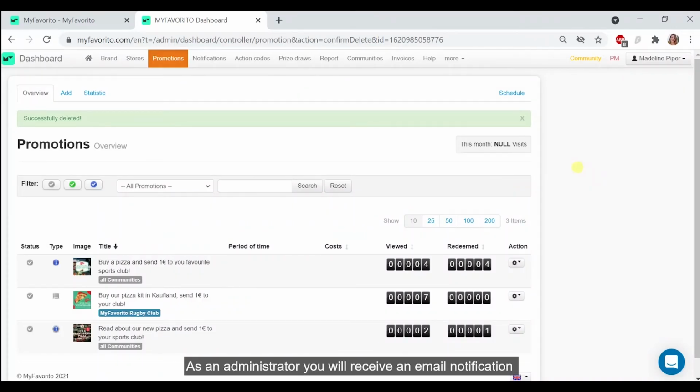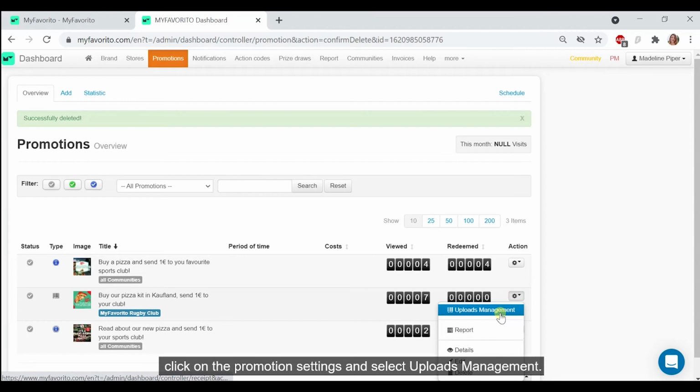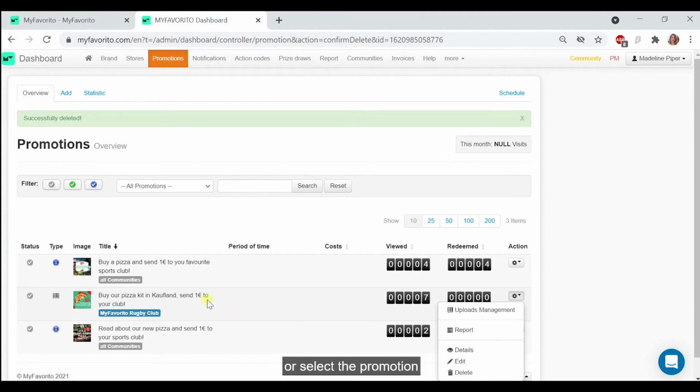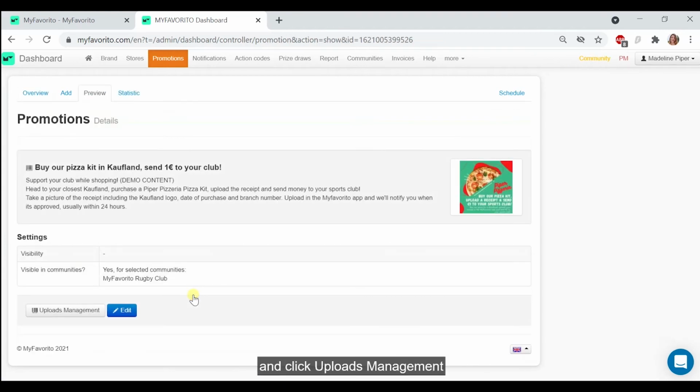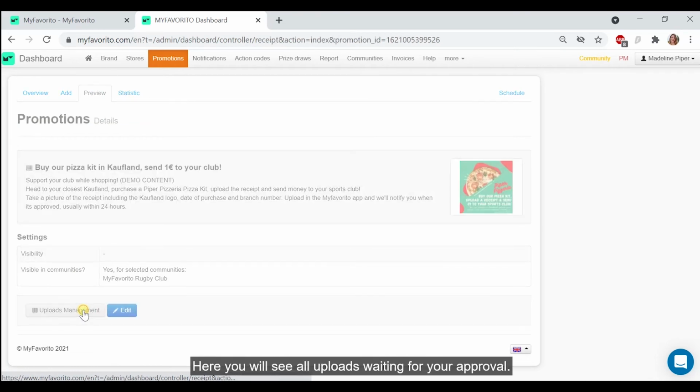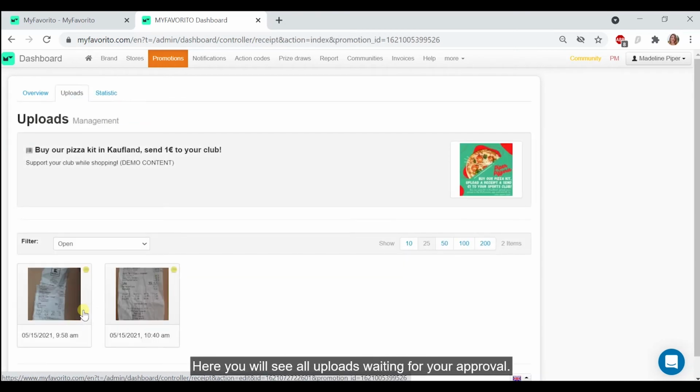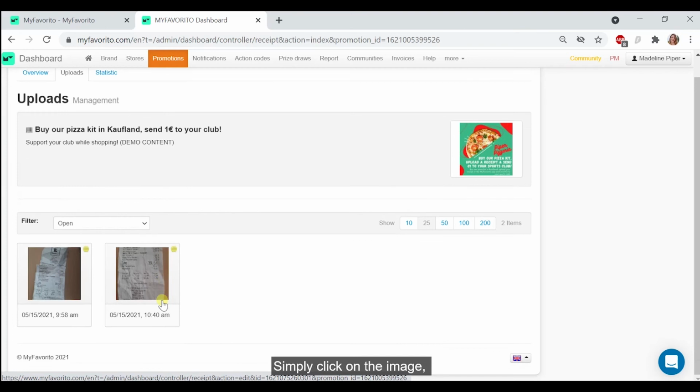As an administrator, you will receive an email notification that you need to approve the receipt 20 to 60 minutes after the upload. In the promotion overview in the dashboard, click on Promotion Settings and select Uploads Management, or select the promotion and click Uploads Management. Here you will see all uploads waiting for your approval. Simply click on the image,